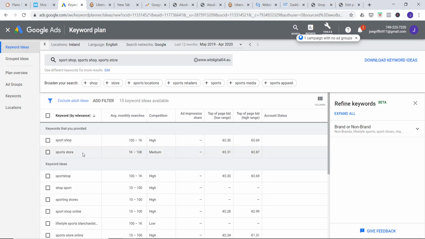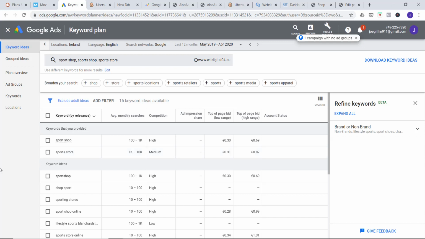So sports store 1,000 to 10,000, that looks like maybe something that I'll try and optimize my website for later on. And sports store is more of one of those fathead or generic type keywords which would show up higher in the hierarchy of our website. So maybe our home page we will try and optimize for sports store, whereas the longer tail keywords, the more product specific ones, would be at the lower end of the hierarchy, and they'd be a lot longer in terms. So it'd be something like Adidas Original Stan Smith Grey trainers, for example,